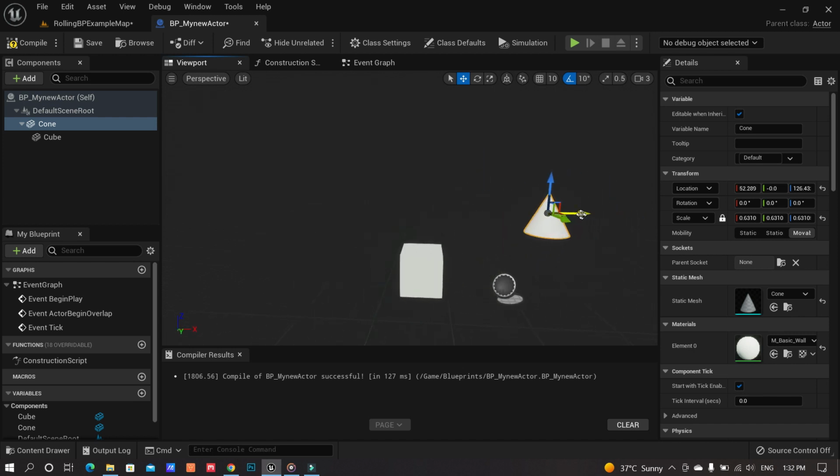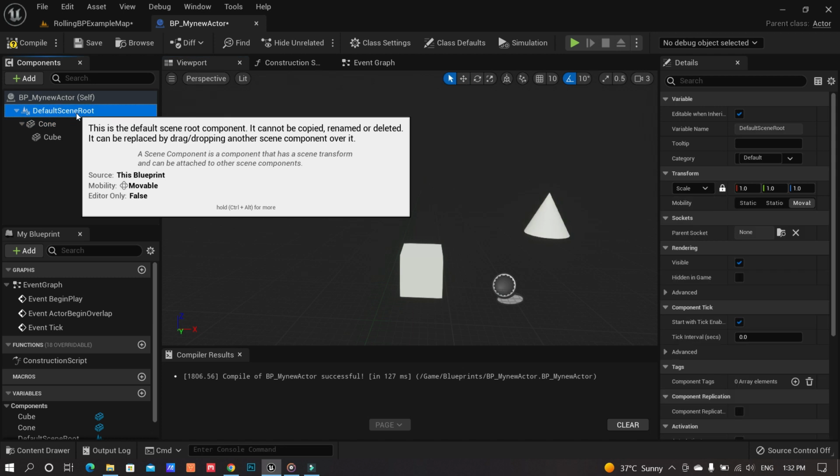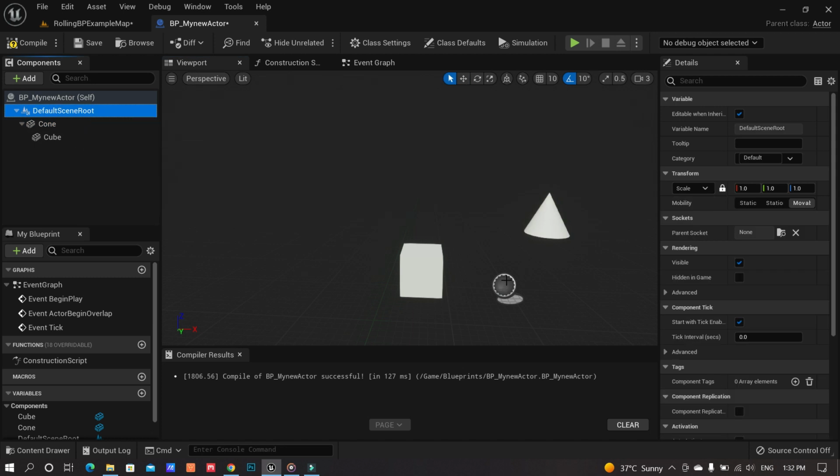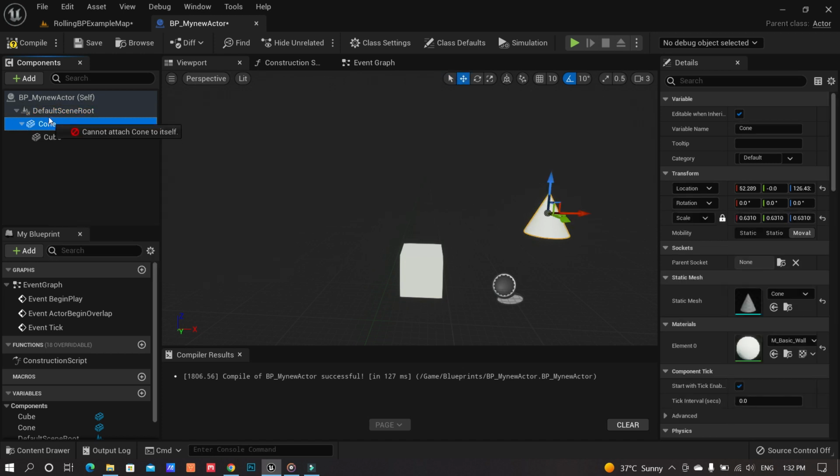Now another point which we want to include here is about the default scene root. Since we don't have any visual representation of the origin of the default scene root, we can however select our cone, left mouse click, drag it over the default scene root and leave it there.